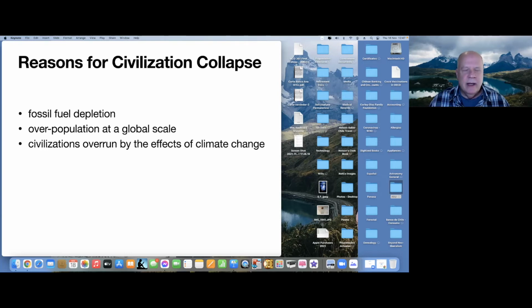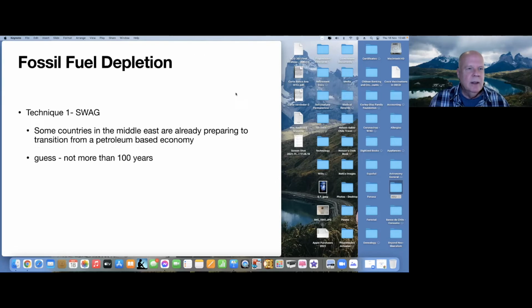There's overpopulation at a global scale. Even today, could effects related to overpopulation cause a collapse? And of course, probably the most imminent threat that we are aware of is climate change, and what effects there could result in civilization collapse. My contention is that we need to look at all three of these as a trio because, in my view, they are very much interrelated. So, starting off with fossil fuel depletion, I'm just going to take a swag,